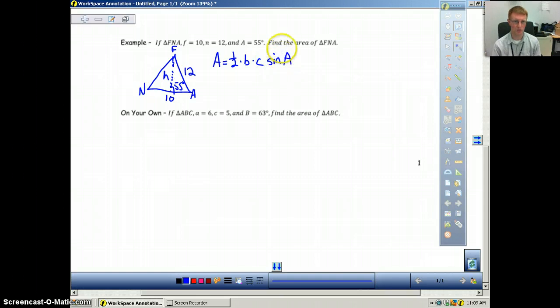So the base here is going to be 10, so 1/2 times 10. C is going to be the 12, and then the A is going to be the angle in between them, so it's sine of 55 degrees. And then again, use a calculator to figure that out. We get A equals